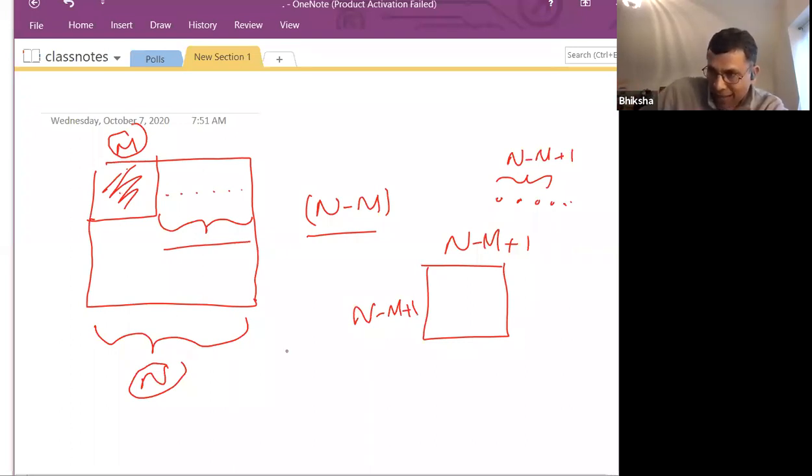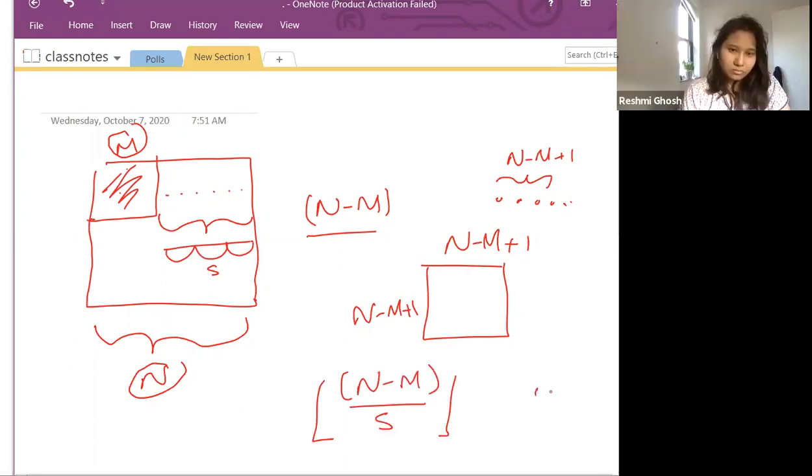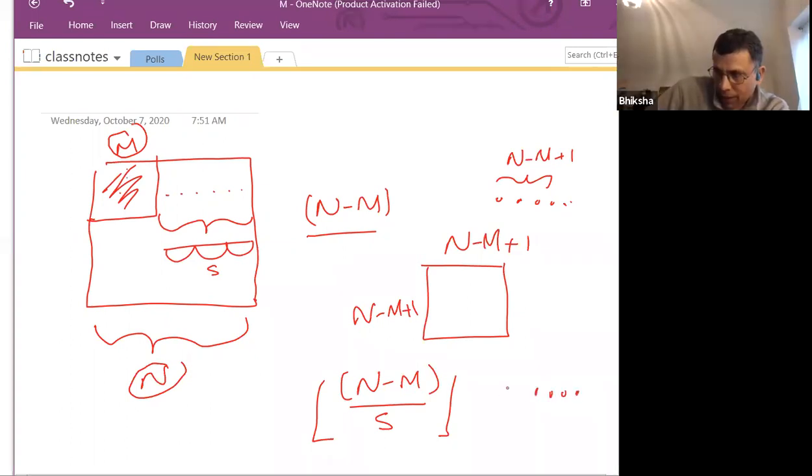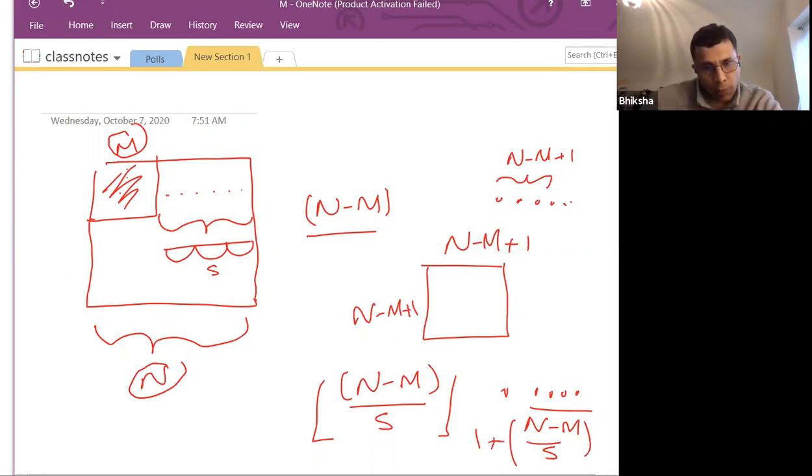So if I'm striding by S, then from the current position, I can produce n minus m over S possible output values. And then I also have the current one. So this one is going to be n minus m over S plus 1. So if the stride is greater than 1, you're going to end up with an output map, which is,